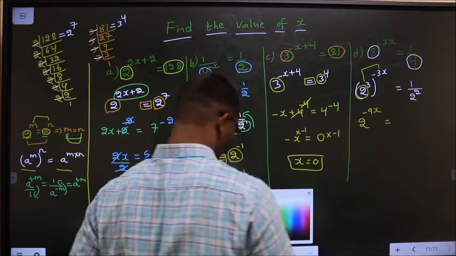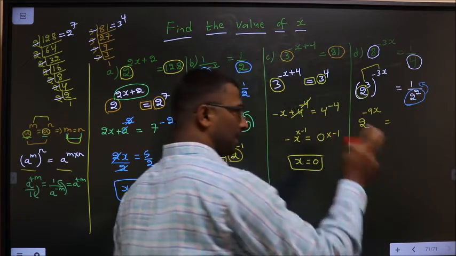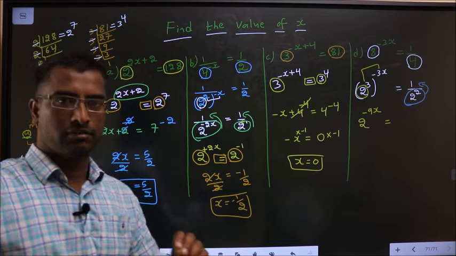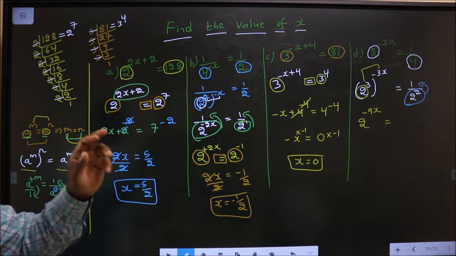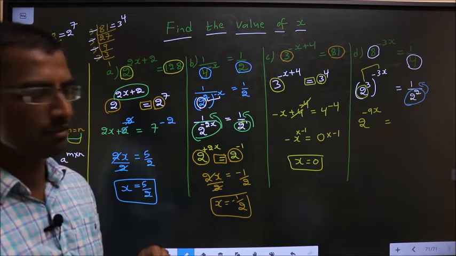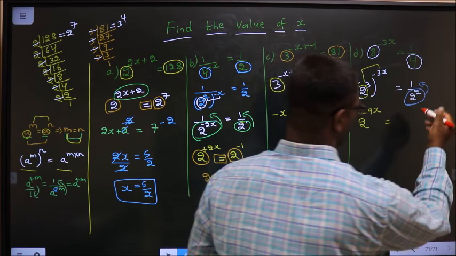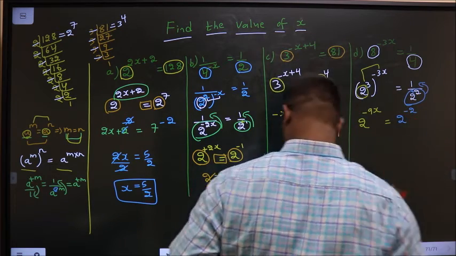And here, take this to the top. When it comes to the top, what change will it undergo is this one. Here it is plus m, when it is shifting down, change the sign of the power, negative. When it is going back again, change the power positive. So whenever it's going down or up, only the sign for the power will change. So here it is 2 power plus 2. When it goes up, 2 power minus 2.